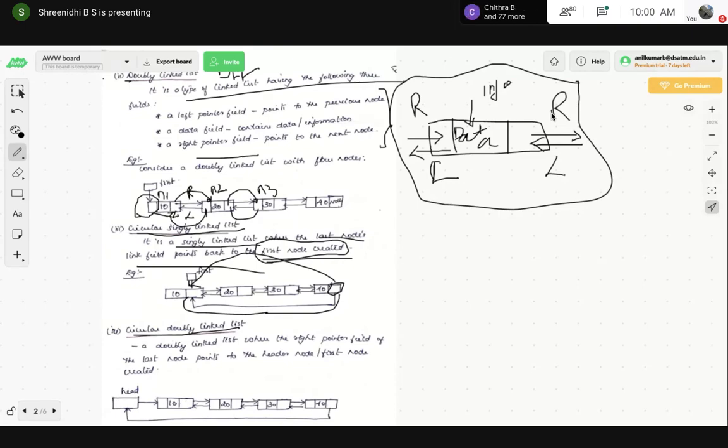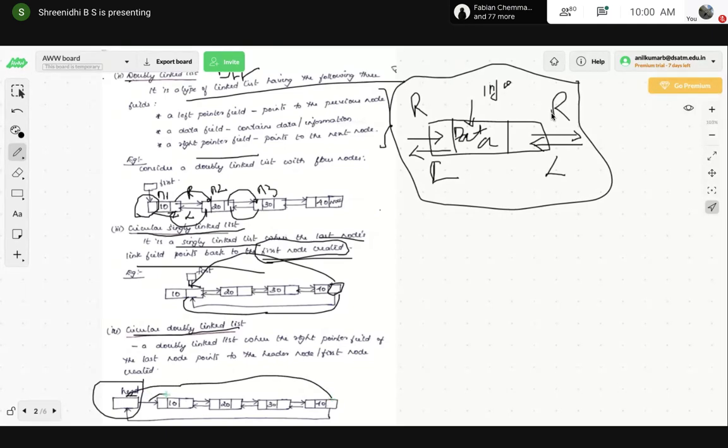In the circular doubly linked list, the right pointer field of the last node points to the header of the first node created. The header of the first node is nothing but the left part of the node we have created.